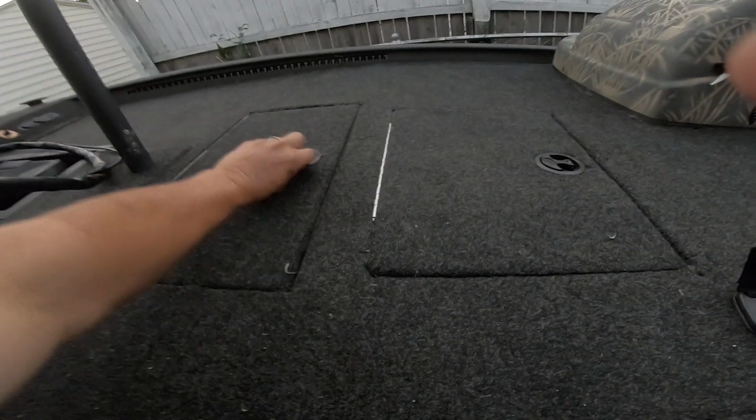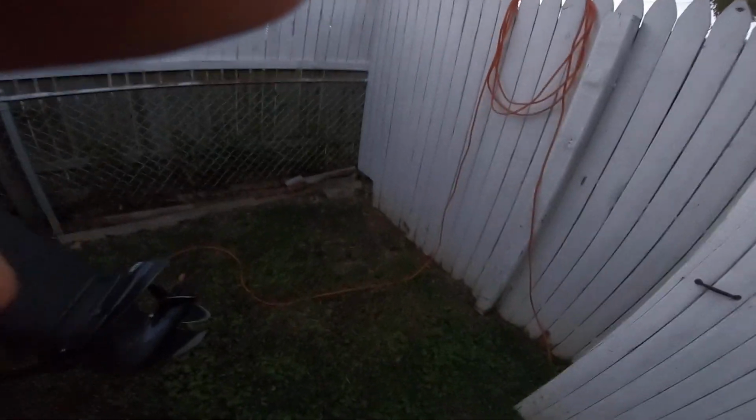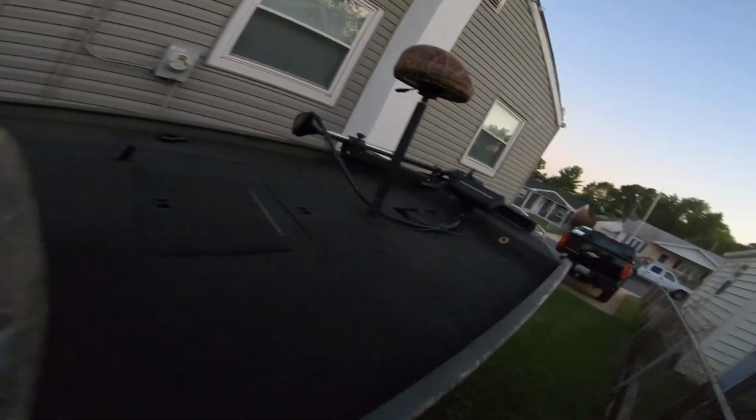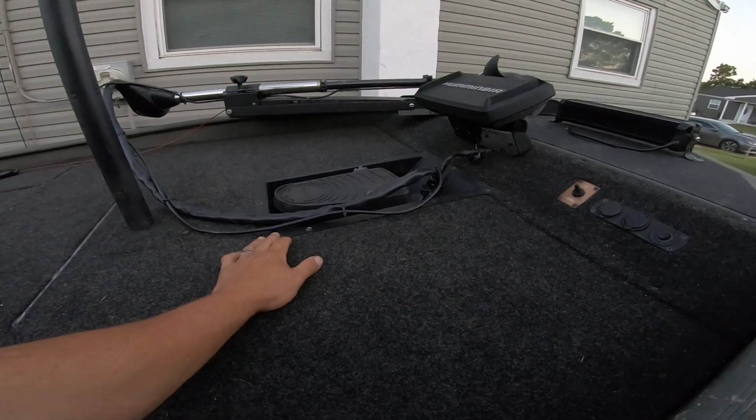Like most bass fishermen, I love my tackle. I like buying tackle. I like collecting tackle. I like shopping for tackle. I like everything tackle related. So, you know, we love our tackle. Can't have too much. Now, up here on the bow of the boat, I put in a recessed trolling motor,